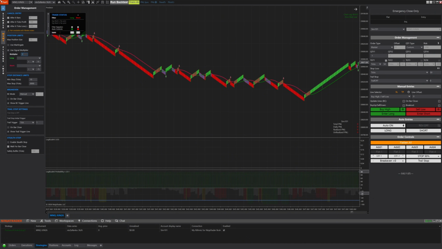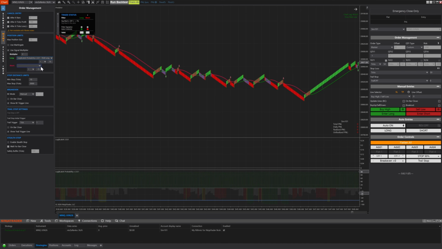So a value of 2 is just going to double your position size. Value of 3 is going to triple it. But I think I'm just going to leave it at 2. Again, just keep it simple. And down here, just like we did for plot mode, just select the plots that you want to use. So for the longs, I'm going to use the long. For the short, I'm going to use short. And I'm going to select if it's greater or equal than 90, then it's going to double my position size. Or if it's less than or equal to -90, we are going to double our position size